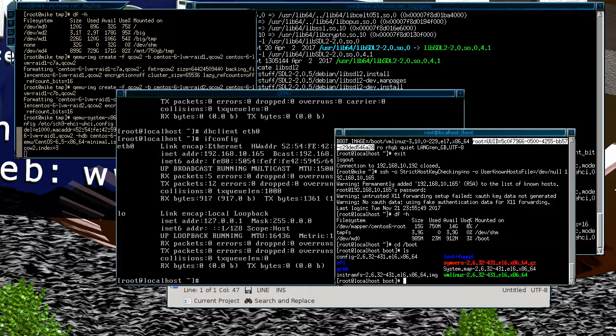Right, so we can see just a couple of kernels that are in there. And so what we need to do now